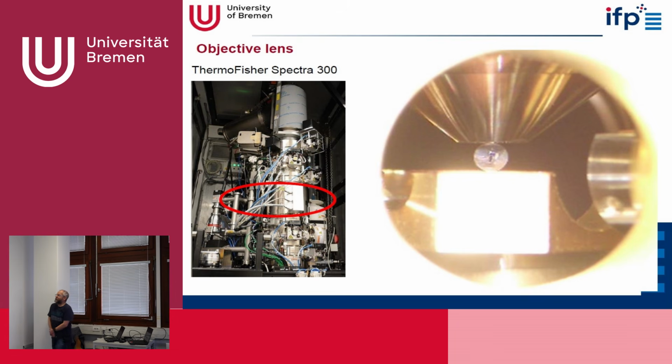Okay, so now we have the specimen, and the specimen actually is located within the objective lens. So this is basically a view into the objective lens. Here we have the upper pole piece of the objective lens. The lower pole piece is a little bit hidden, but will be here. And here on the right hand side we see the entrance where the specimen holder is inserted like this. The electrons are coming down here and will go through the column.